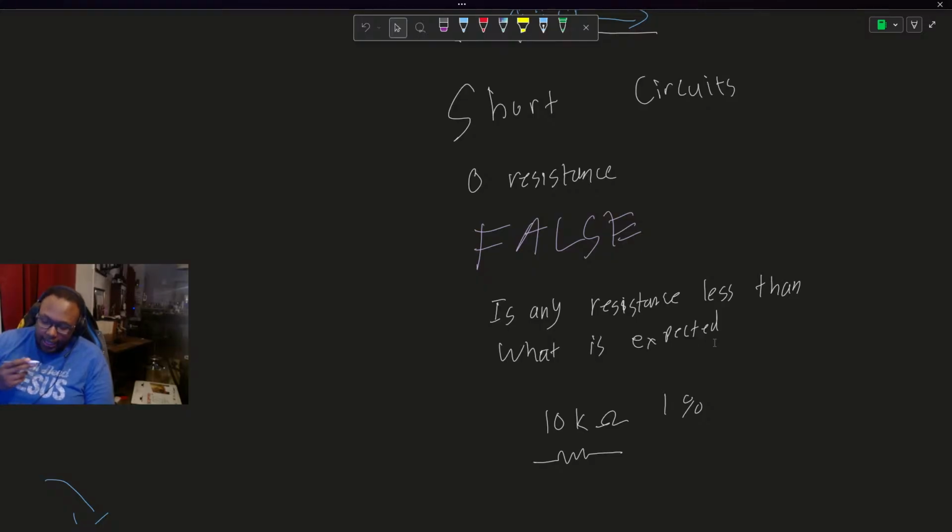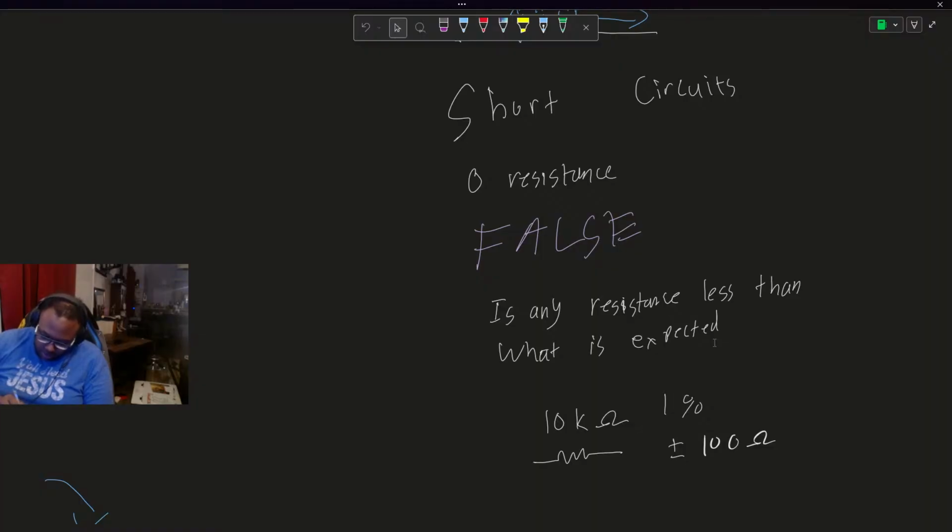That means I get plus or minus 100 ohms of resistance to play with. So if I have a 10K resistor and it's reading 10.04K,